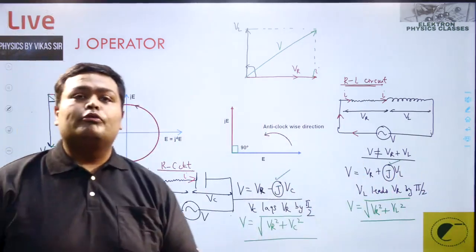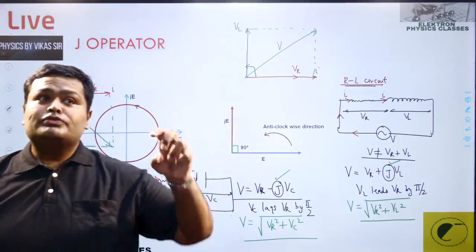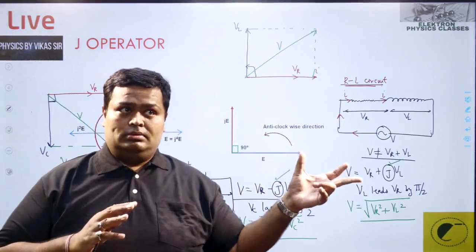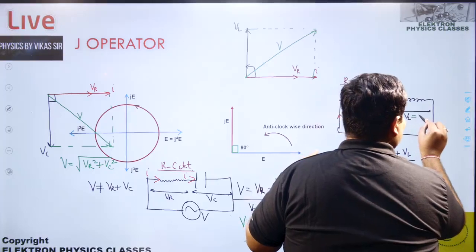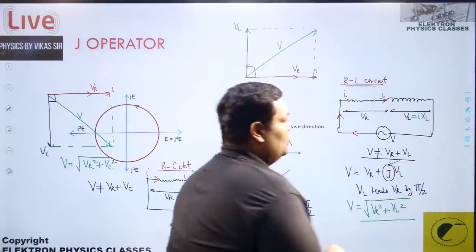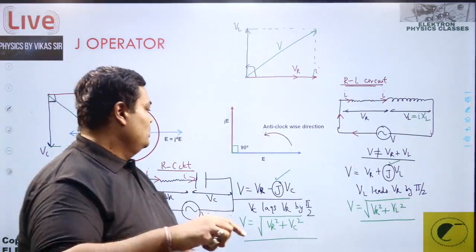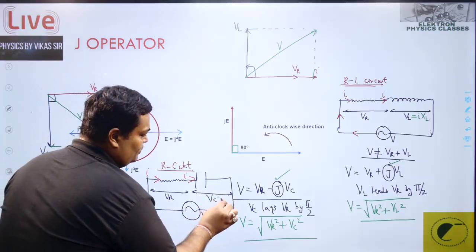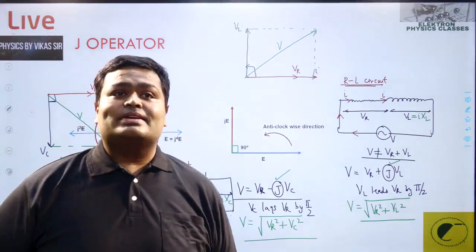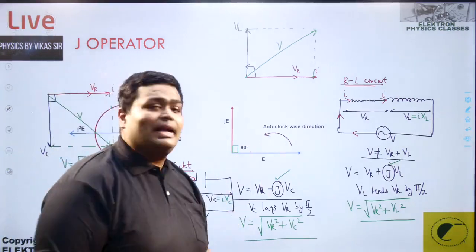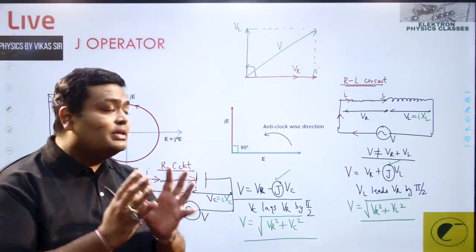And both of these are virtual, the inductor and the capacitor. Why? Because we assumed it as ohmic. Remember the last lecture, when you write VL, how do you write it? Do you write this as I into XL? You assumed this. It wasn't like this. It was L di upon dt, but you assumed it. In the same manner, what is VC? That is I into XC. You assumed it. It wasn't like this. It was Q by C. That means that's not a real character.